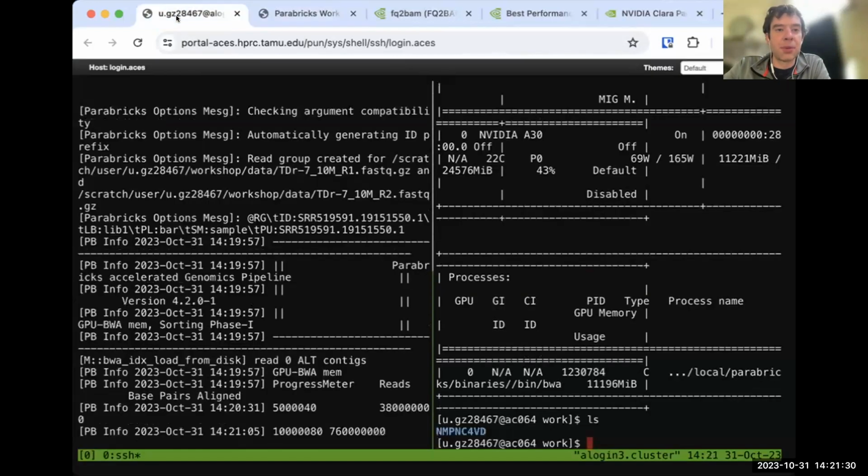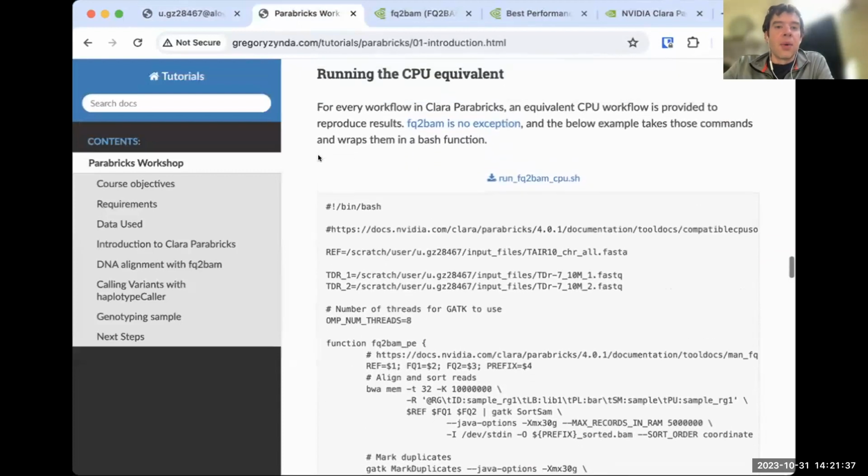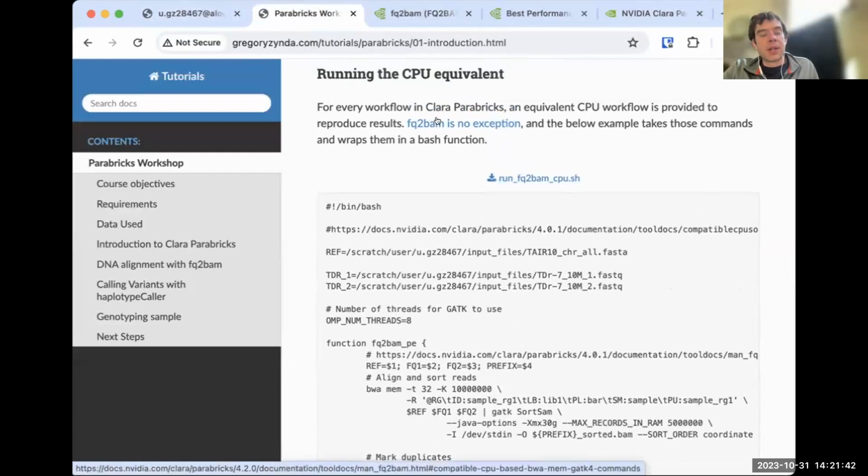So I totally expect everyone to be stuck at this stage right now. I'm just talking while that's happening. One of the cool things with Parabricks, as I've mentioned, is that we essentially re-implemented CPU tools. So BWA, GATK, these are open source tools that we essentially moved the algorithms to the GPU. And they are meant to reproduce the output of a specific version of each tool. So for fq2bam,